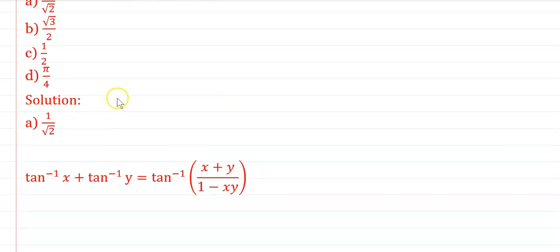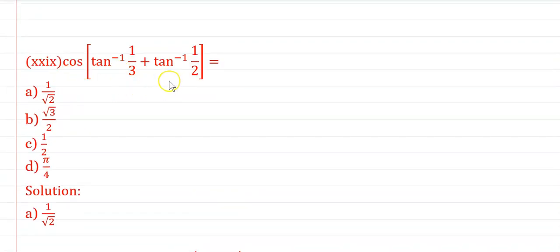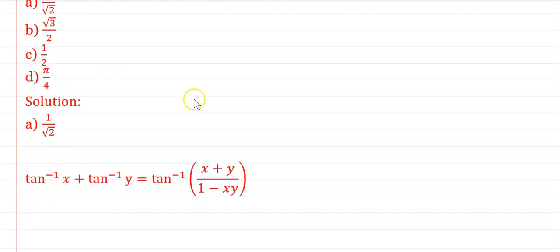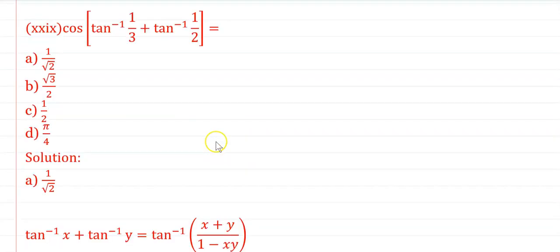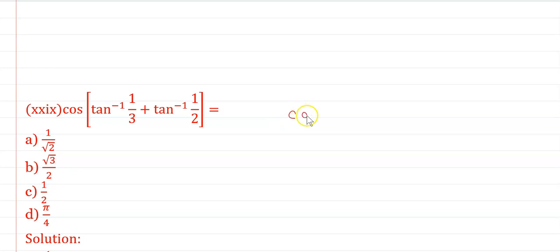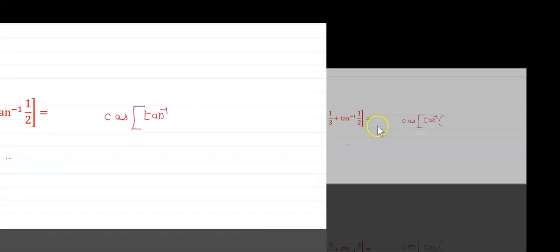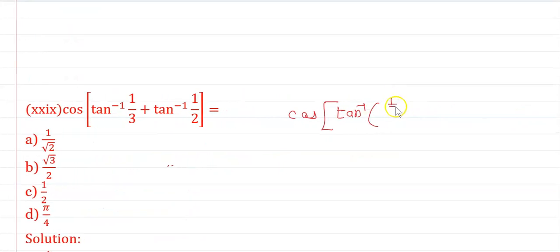Now the next, cos of tan inverse of 1 by 3 plus tan inverse of 1 upon 2. Then again here we will apply the formula. Tan inverse of x plus tan inverse of y means what here? That is the cos of tan inverse of in bracket x plus y upon 1 minus xy, that is 1 by 3 plus 1 upon 2 upon 1 minus 1 by 6. This bracket is completed, and therefore you will get cos of